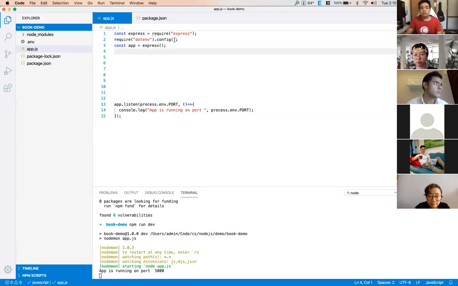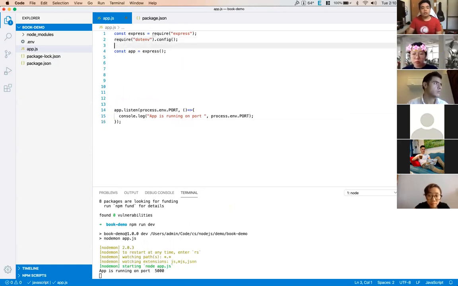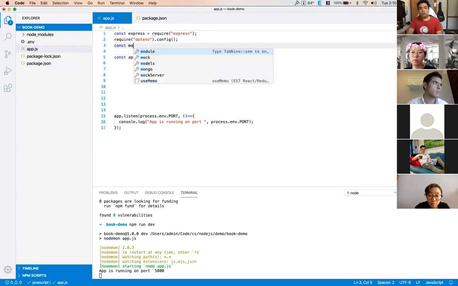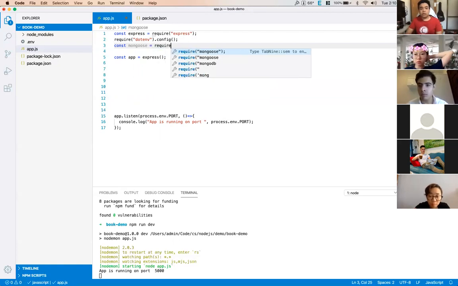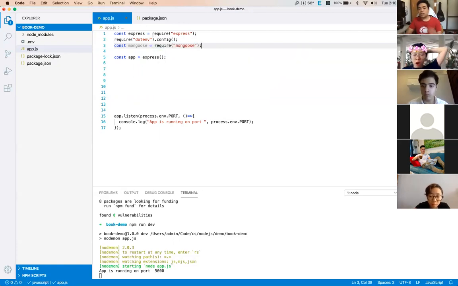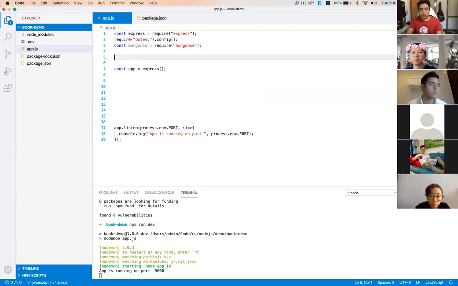First step, we need to install Mongoose. I'm gonna install Mongoose here. Const mongoose equal to require mongoose, right? The syntax here, you can copy from the documentation. And now you need to do something called